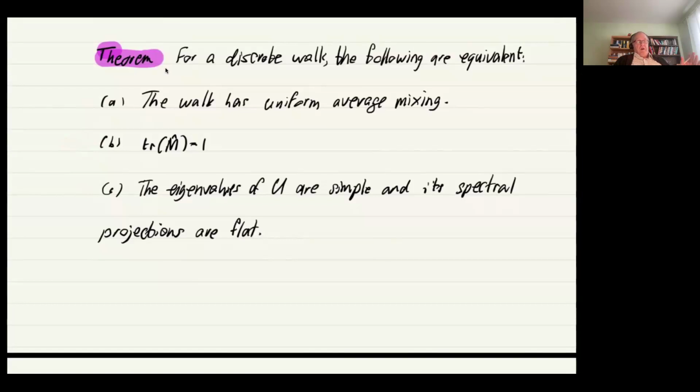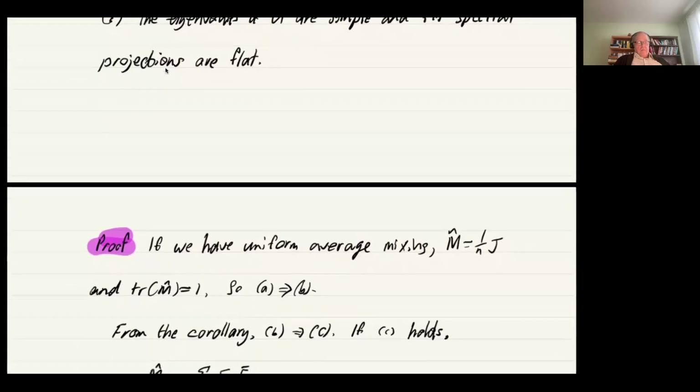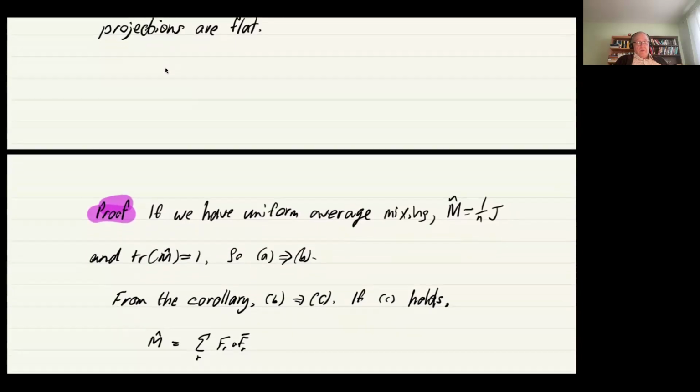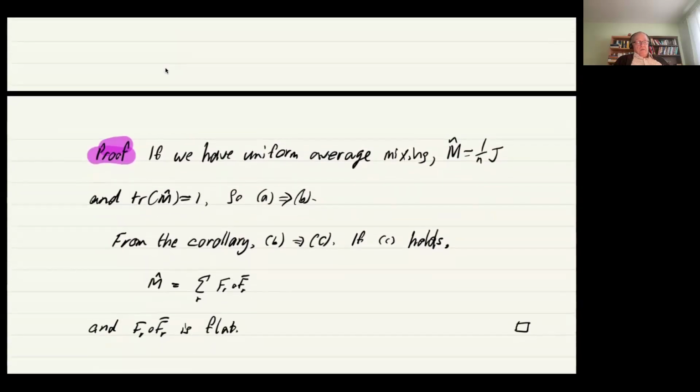And we've done some computation based on this, but there's no real theory yet. But the point is that the closer the trace of M hat is to 1, the closer you are to uniform average mixing. And so, okay, I prove that. If we have uniform average mixing, then M hat is equal to 1 over n J, and the trace of M hat is equal to 1. So A implies B. From the corollary above, you get that B implies C, and if C holds, M hat is equal to this,